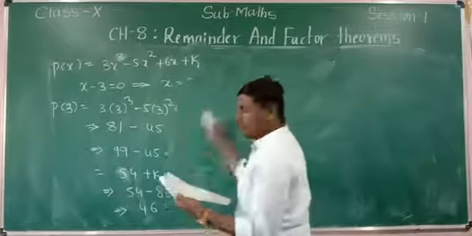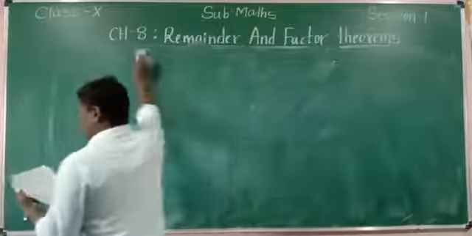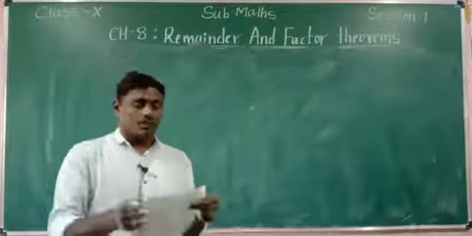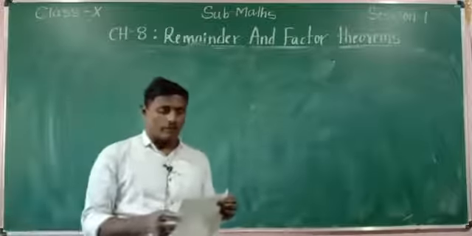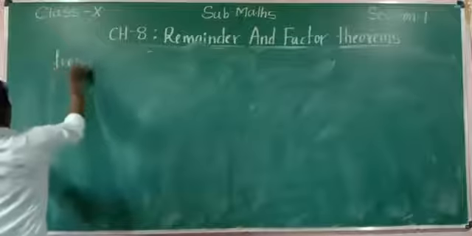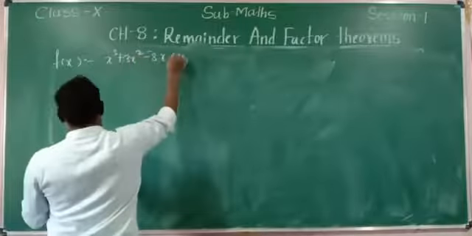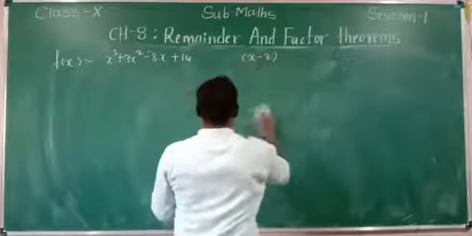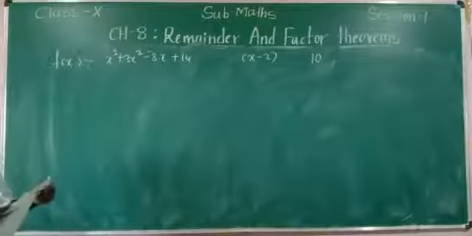It is similar. What should be subtracted from x cube plus 3x square minus 8x plus 14 so that on dividing it with x minus 2, the remainder is 10? So f of x is equal to, first write the given expression, x cube plus 3x square minus 8x plus 14. It is divisible by x minus 2 and leaves the remainder as 10. Okay, now